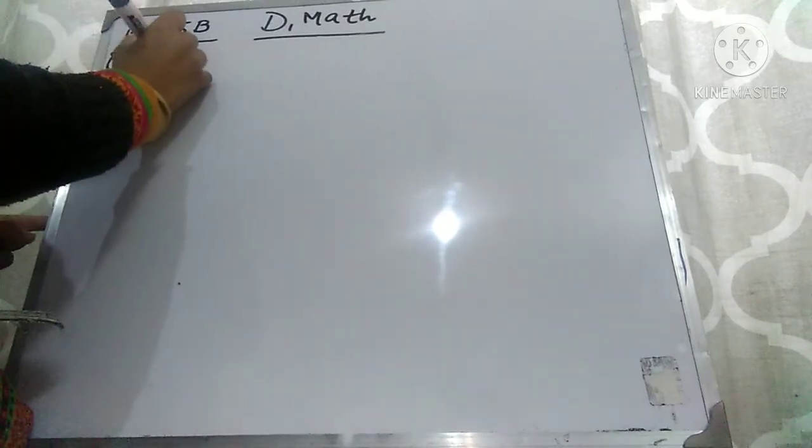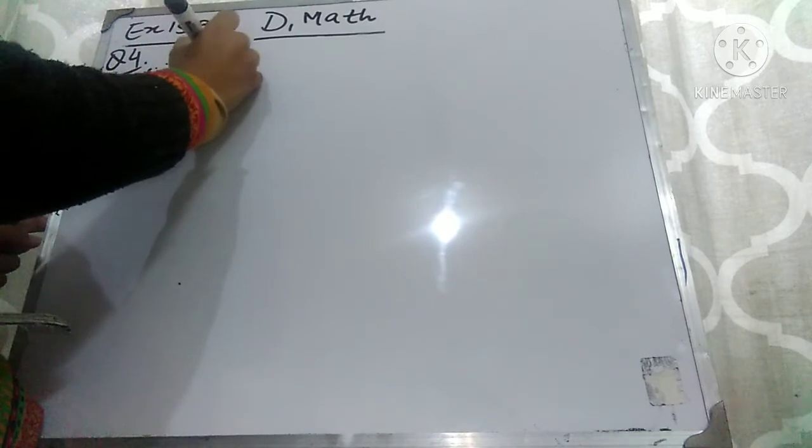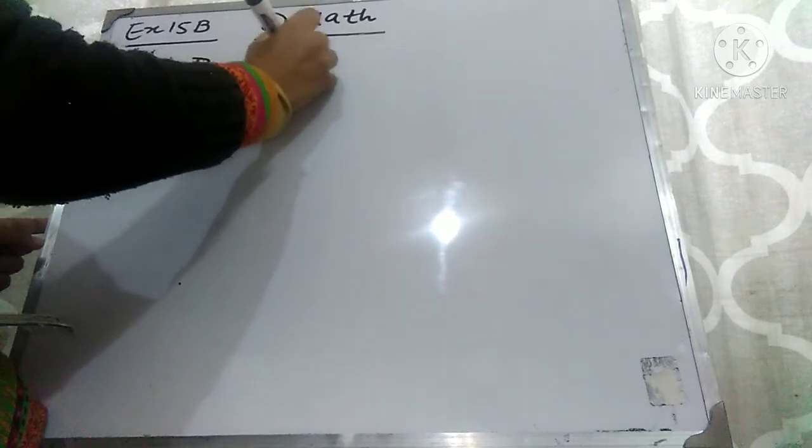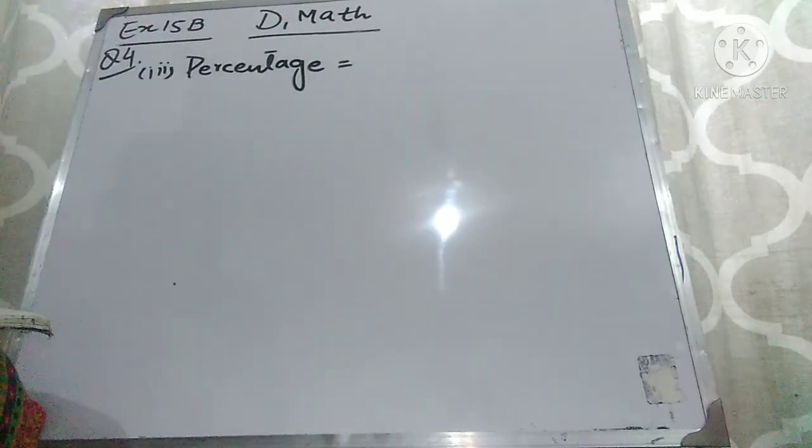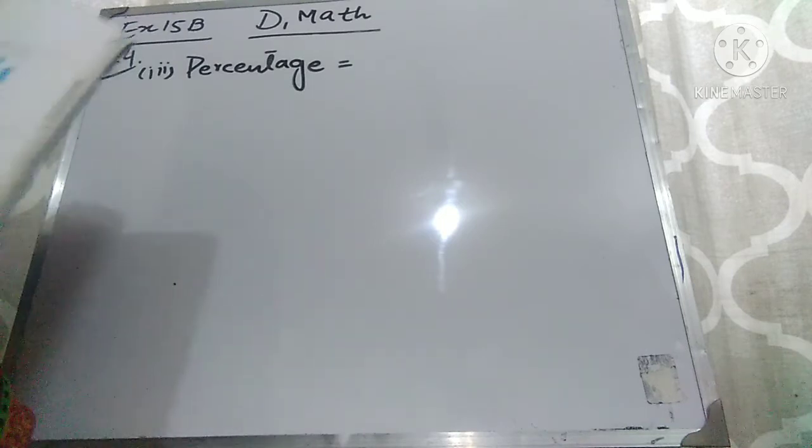Now the third part will be equal to, you have to find out the percentage, and for percentage you know that the formula is given number divided by total number multiplied by 100%. So the given number is, they are saying that express the number of cars with 4 or more people. So here in the question, here in the bar graph, you can see that here with 4 or more people.